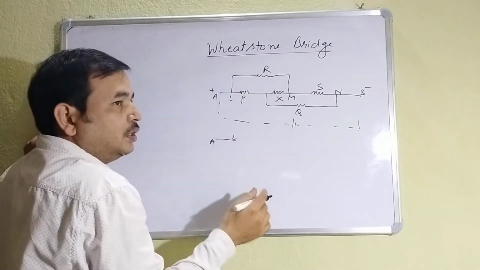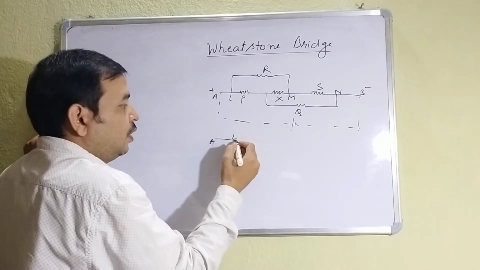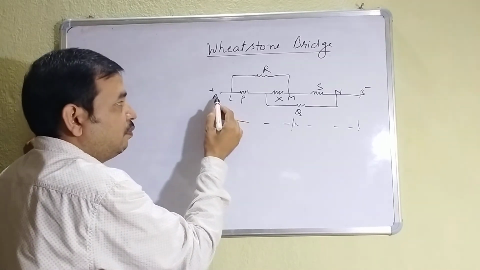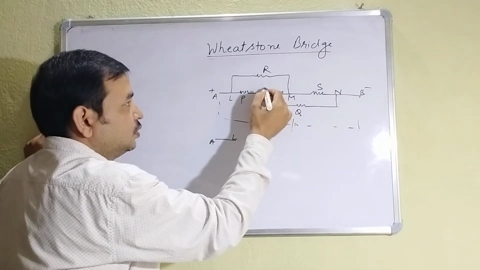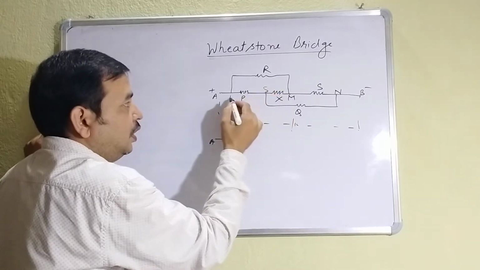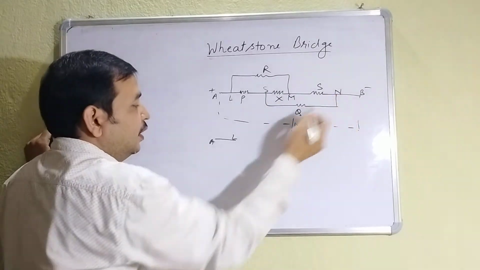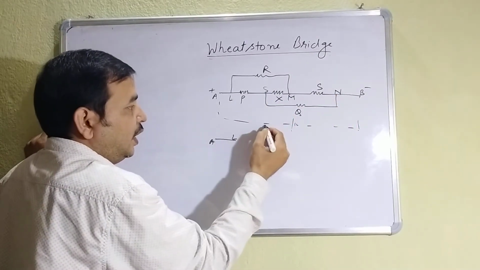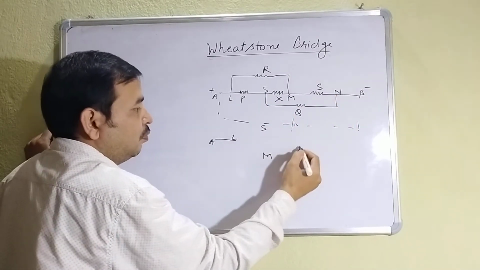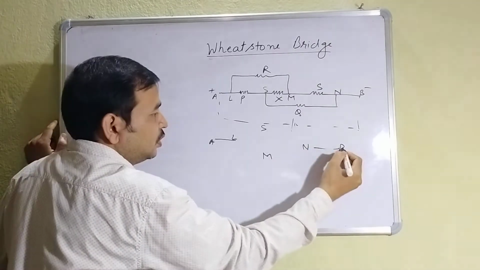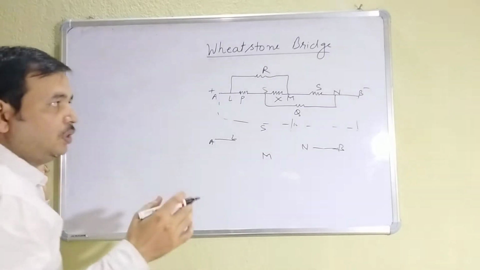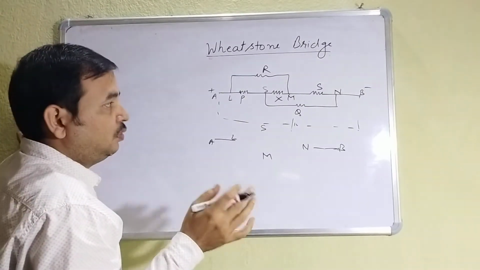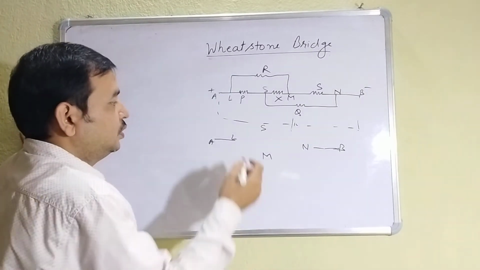We have already done this in capacitance also. Now how do you have to write the points? A, L, suppose this point is S. A, L, S, M, N. And this point is connected to B. So you have to write the points like this. Slowly you will understand; when you solve the question, you will understand how to write the points.